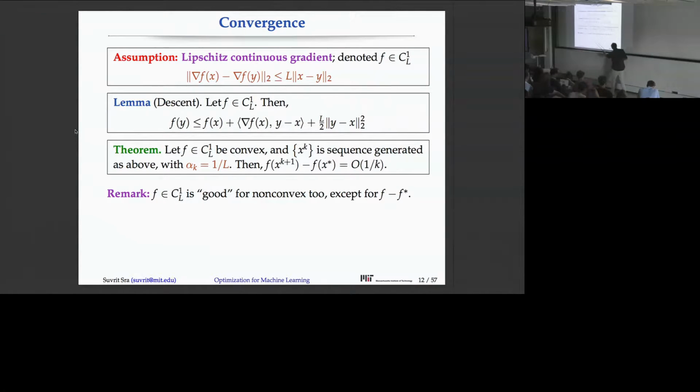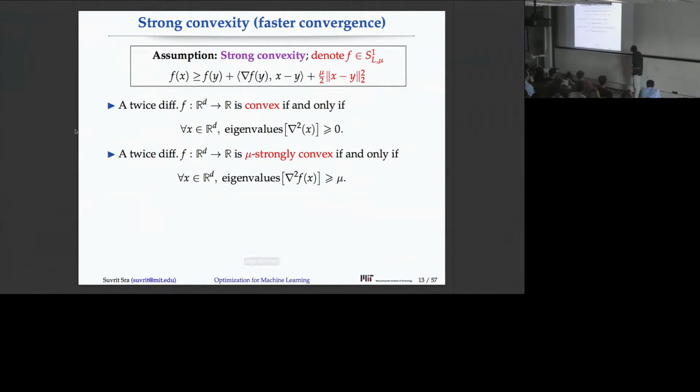And like I said, this property is good even for non-convex. Except in the non-convex case, we cannot make a statement about how close to f star you have reached after k steps. That's just, it sucks, but that's how it is. Okay, so that 1 by k convergence rate is also known as sublinear convergence rate in optimization,